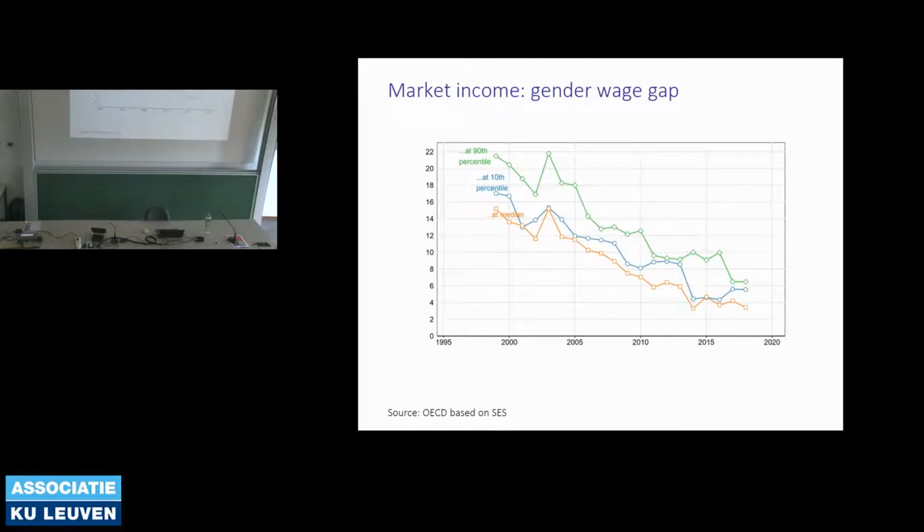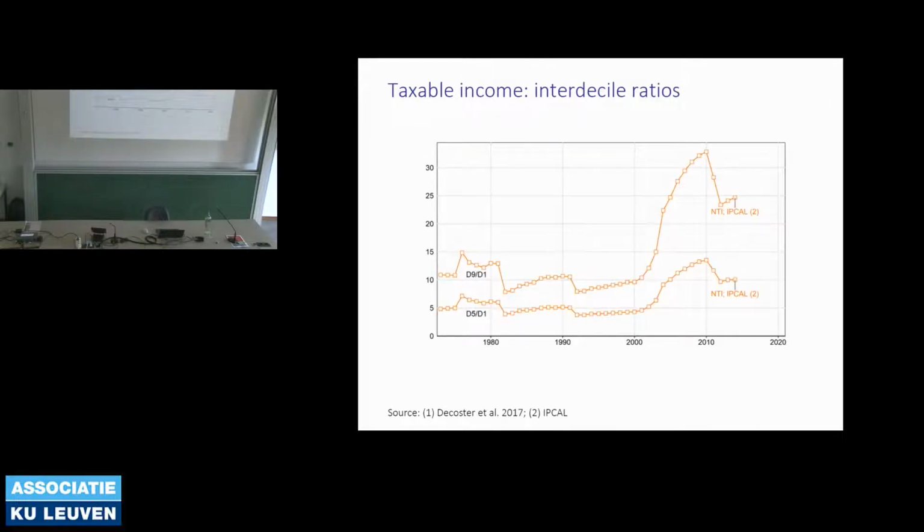That's basically what we found, and again, if there is more that we have missed, come to me in the break and tell me. I mean, that's why we have this intermediate workshop, but that's basically the story, the pieces of the puzzle that we have found for market income in Belgium. Let's now move to taxable income.